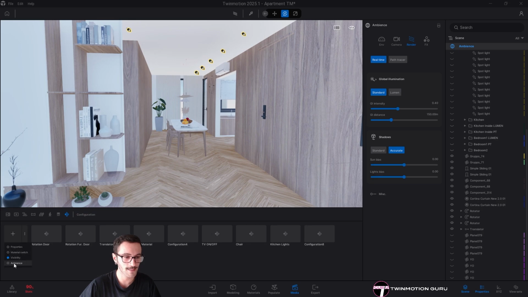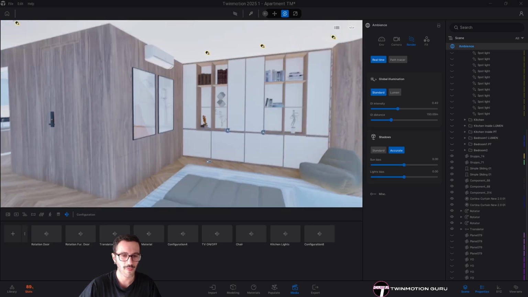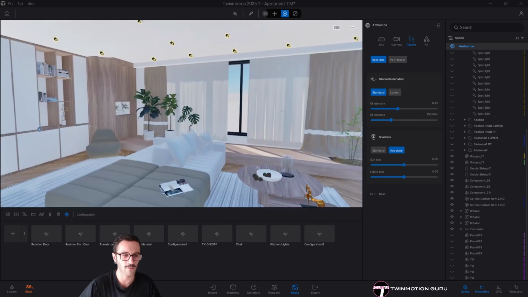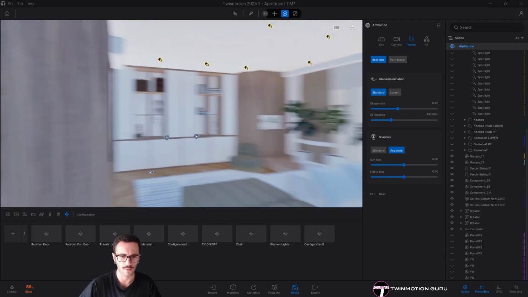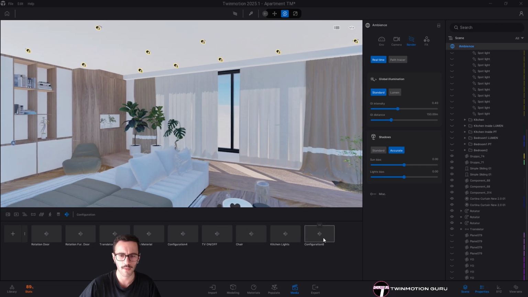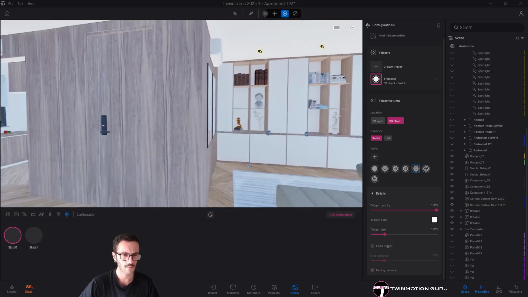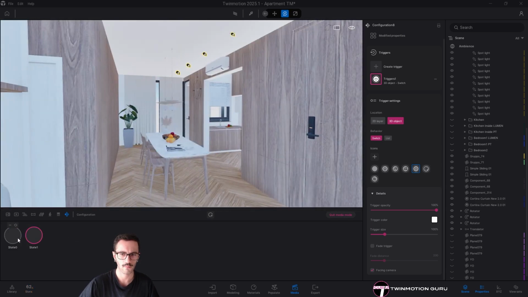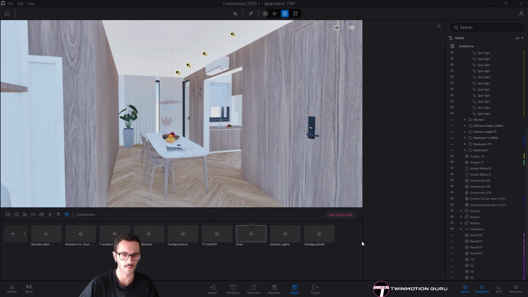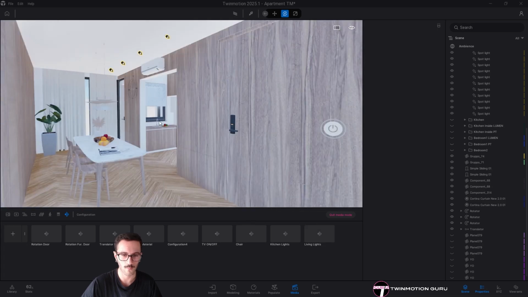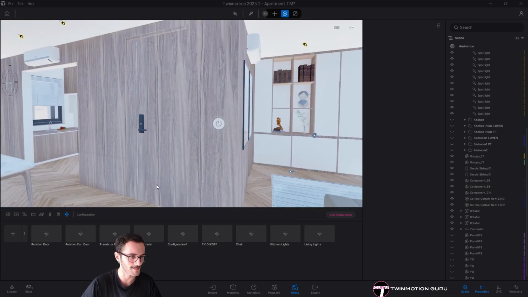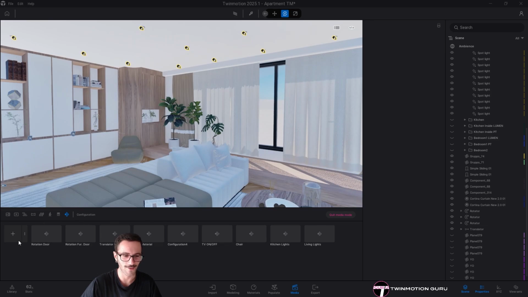Last but not least, the ambience configuration. With this interior scene it's not really relevant because I don't see a lot of ambience from outside, but maybe we can do it as an ambience switch. Yeah, this was the lights. Maybe renaming the configurators is really important, so leaving "lights" only, because in this way you won't be lost when clicking on the correct configuration.